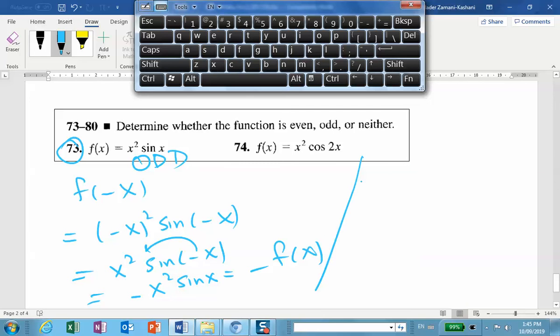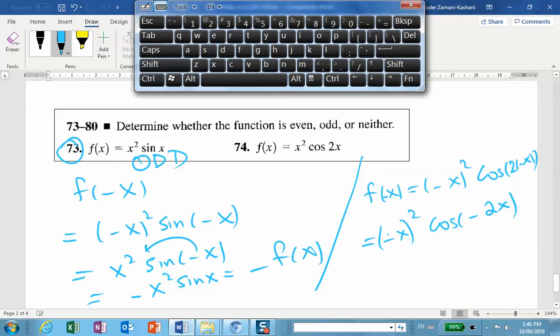Same thing, we'll show you this one is even. f of minus x is equal to minus x quantity squared times cosine of 2 times minus x. This is minus x quantity squared times cosine of minus 2x. This is going to be x squared, and because cosine is an even function, the minus you can just drop, and this is f of x. So this is even, and that is it. Make sure you